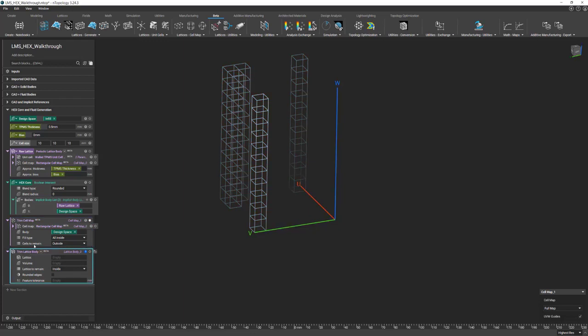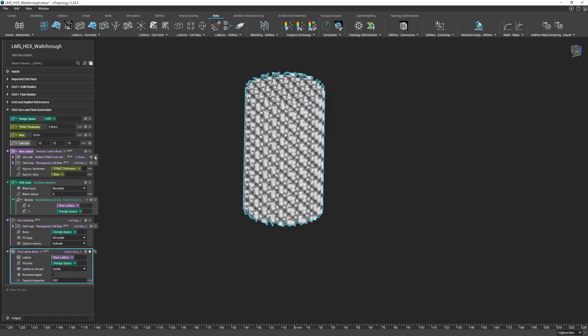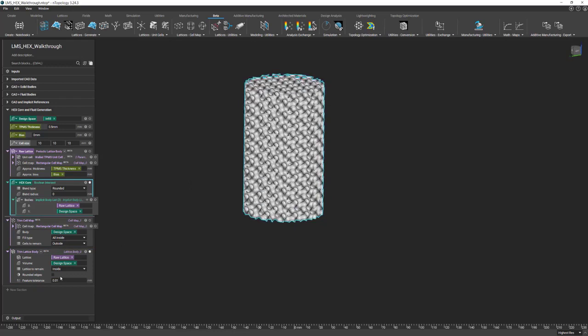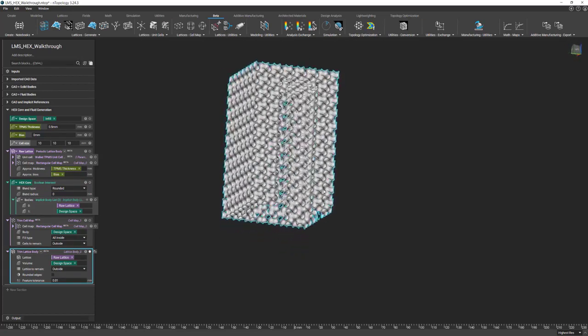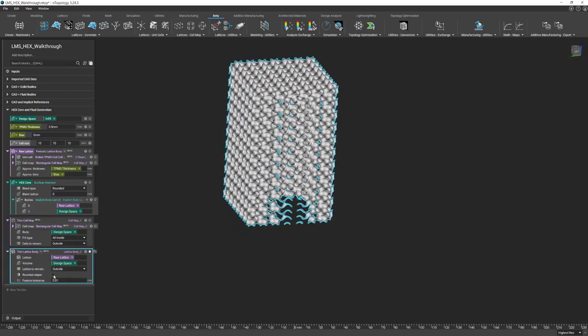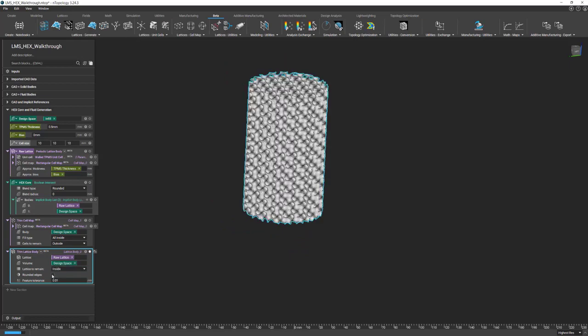Similarly, with the trim lattice body, we would put our lattice body into here, define the design space that we want, and whether we want to keep all of the bodies inside or outside, as well as the feature tolerance. So we're effectively doing the same thing that we did with this Boolean intersect. But we've added another input to define outside or inside, as well as rounding the edges. And all that's going to do,